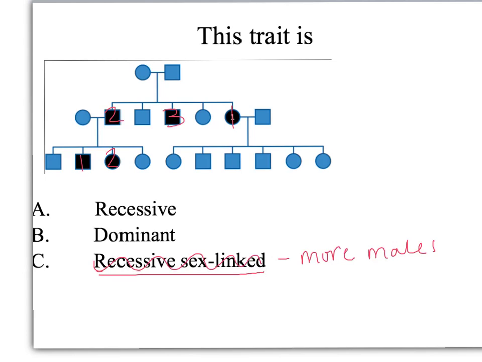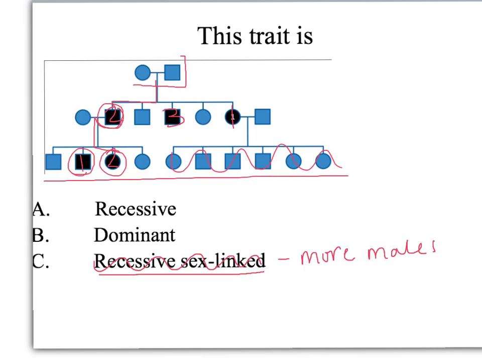Next thing I'm going to look at is whether it's dominant or recessive. So I'm going to start by looking at the youngest offspring, and I'm going to look at offspring that are affected. So I'm not really going to focus on this end of the pedigree as far as trying to identify what kind of trait it is. I'm going to look at affected individuals. So I have an affected individual here and one here, and when I trace up, I have a parent who has it. In this generation, I have a parent who has it, and when I go up and I look,